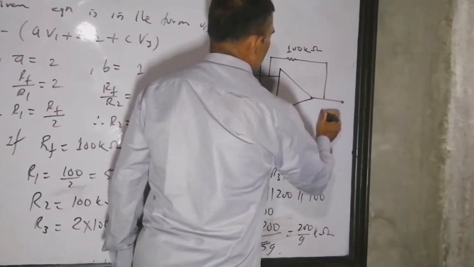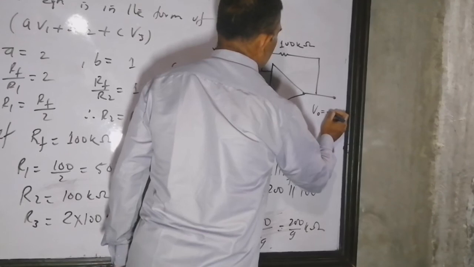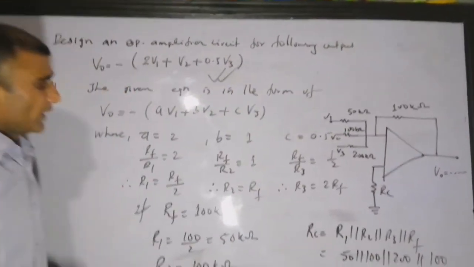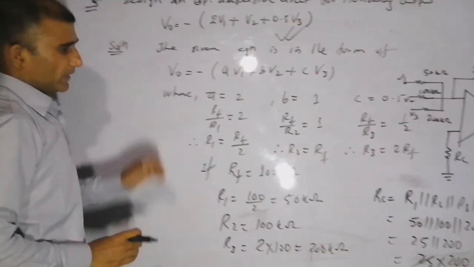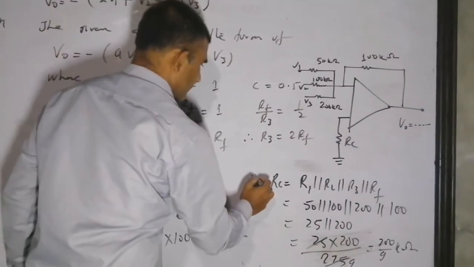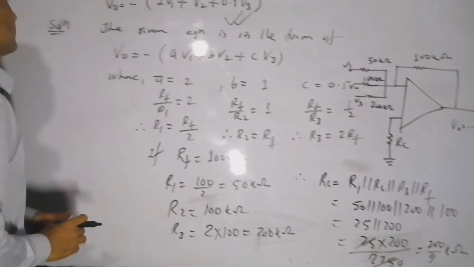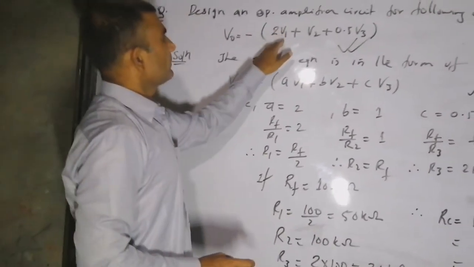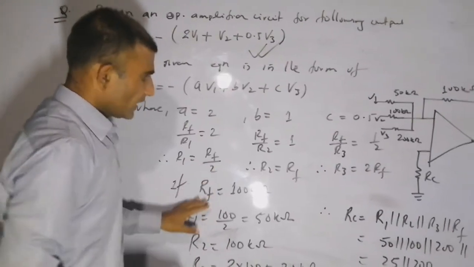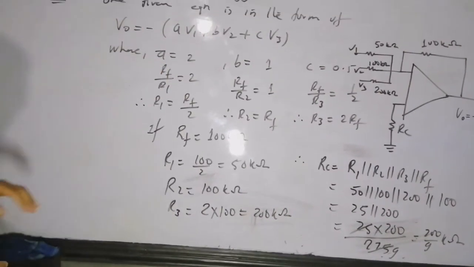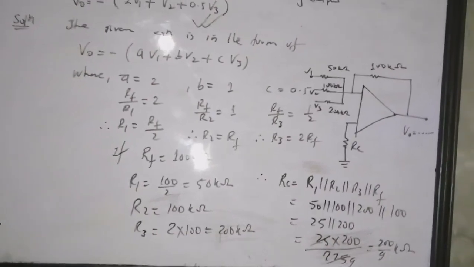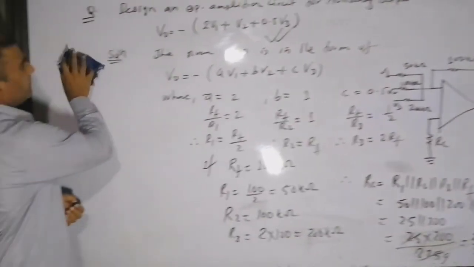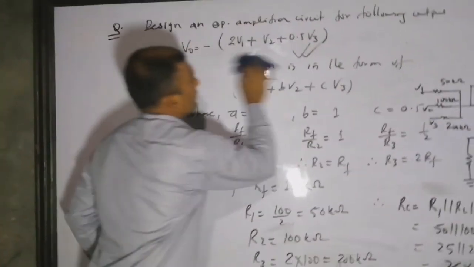And this is our output, and so this operational amplifier will give the output which the question has given. So this was one part of the question. And there is a second part, maybe questions like what will be the output if we have some values of V1, V2, V3. So if you need to copy this, pause the video and copy it. I am going to write the next question. And the second question was, so can I know? Of course.